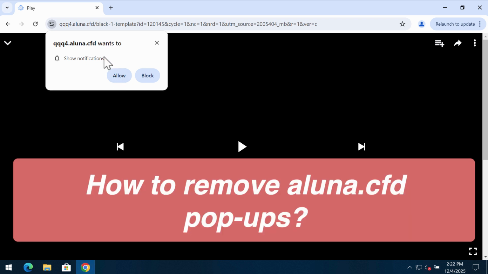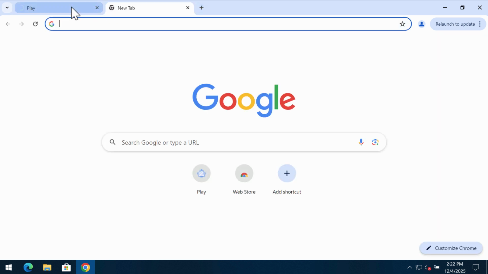This video tutorial will provide you with instructions that will help you to get rid of the pop-ups related to the site Aluna.cfd. This is a dangerous site targeting Google Chrome browser and other browsers. It tries to make you click on Allow button, but to click on Allow is truly a mistake, because this will hijack the browser with plenty of quite annoying advertisements that will keep periodically popping up in the right part